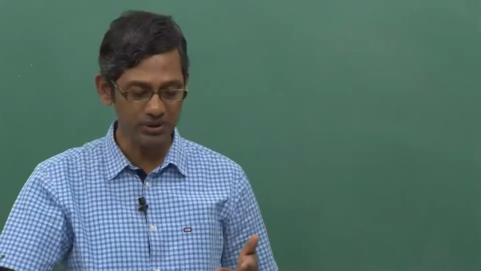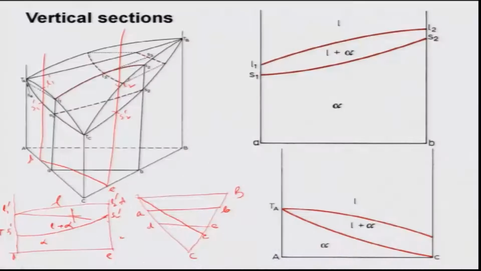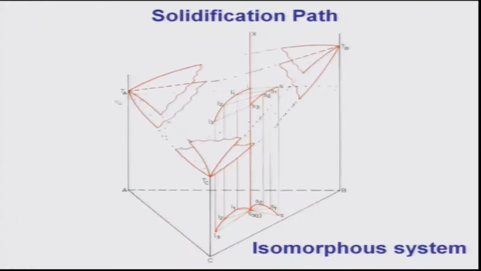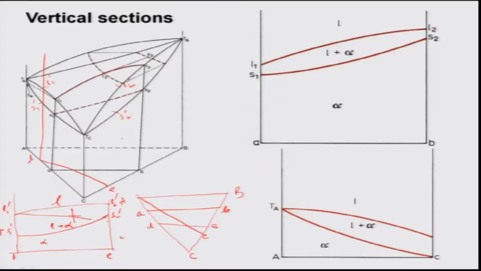Yes, that is possible. Like if I take a binary section, suppose, okay, let me just erase this part. If I take a binary section, why is this moving? Okay. So, if I take a binary section along like that, this is what it is. Then I can draw. Then what am I getting? I am getting like this, then I can draw these tie lines. So, what I mean to say is that